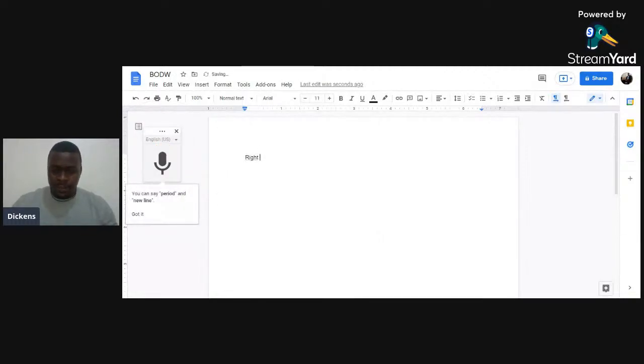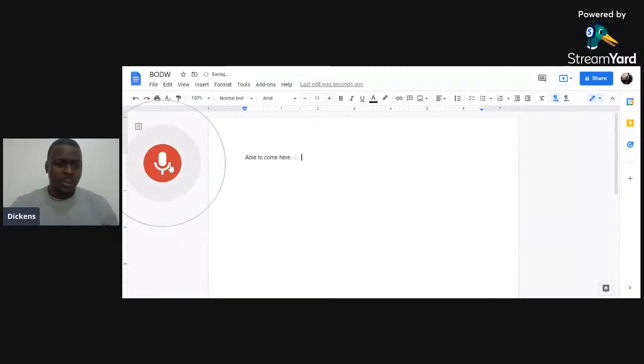Good. So as you can see, we have a microphone feature within this particular document. Let's say you want to dictate. You are tired of typing. You've had a long day, but you want to send some documents to your teams or your colleagues or your employees within that business. Then you'll just be able to come here and press on that microphone, and the moment you press it, it will start typing when you start speaking, right?